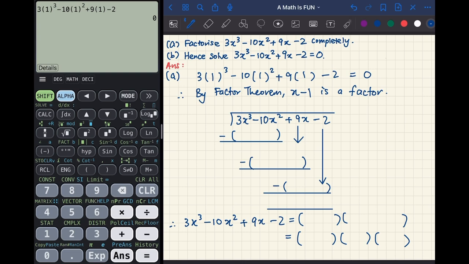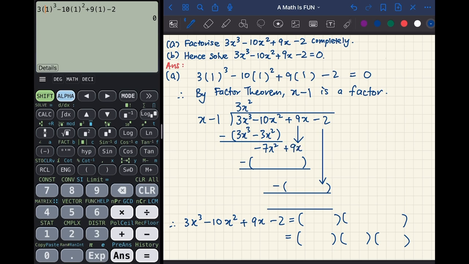So we'll be using x minus 1 as the divisor in the long division. In order to get rid of this 3x cubed in this long division, I'm going to multiply x with 3x squared. It gives me 3x cubed here, and 3x squared times -1 gives me -3x squared. So -10x squared minus -3x squared gives me -7x squared,